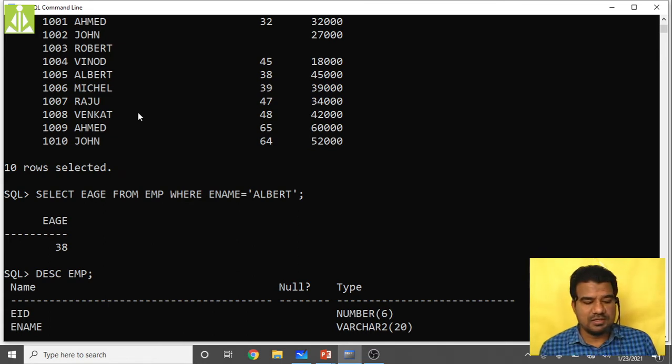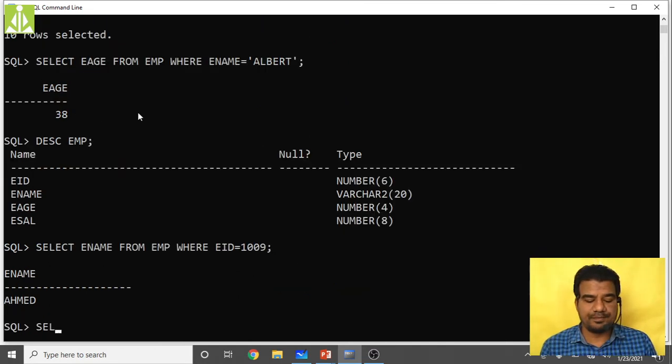So select star, all the details in the sense star, from which table? Employee table. Select star from employee where EID equals to 1009.